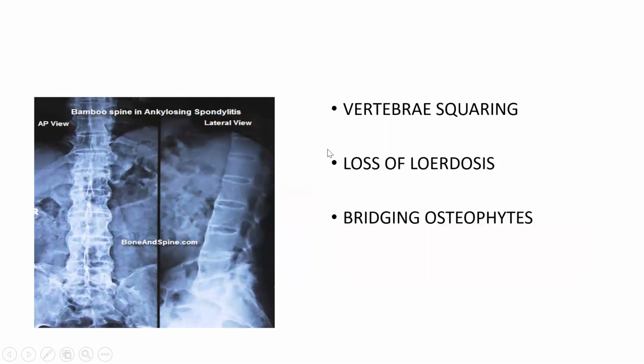Then another characteristic you can find in ankylosing spondylitis is vertebral squaring. You can see the vertebra gets square, completely square. There is loss of lumbar lordosis. I already told you the pattern is a question mark pattern. The body goes into fusion kyphosis. The lumbar lordosis, which is normally present, goes straight. So there is loss of lumbar lordosis, and there is vertebral squaring.